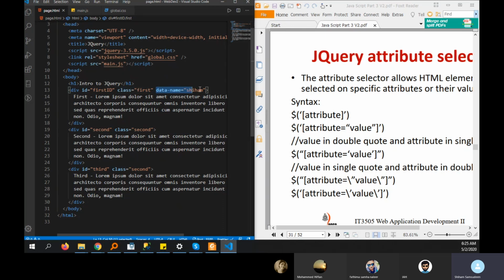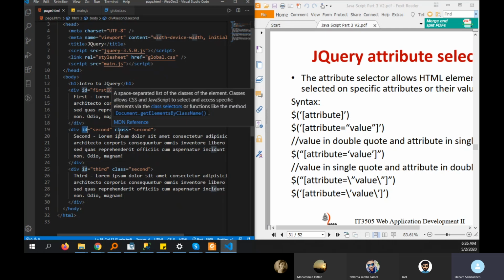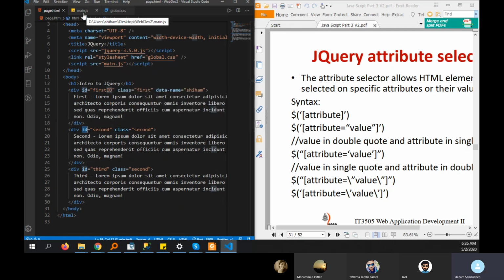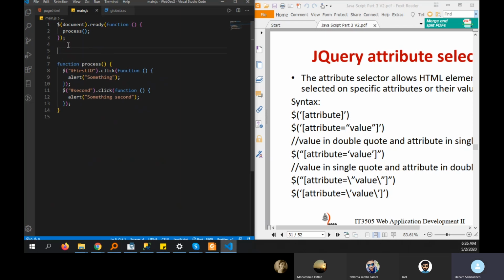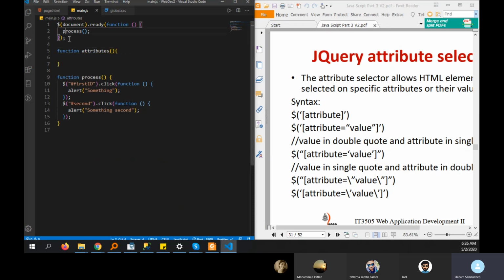Okay. So if I want to target all the divs with the attribute ID, I would say something like this. So I will create another function for that. Okay, function attributes. So I'm going to work on attributes here, right? I don't want this. I will comment this process one. I only want the attribute stuff here. Okay, so in that case I'm going to target the div,